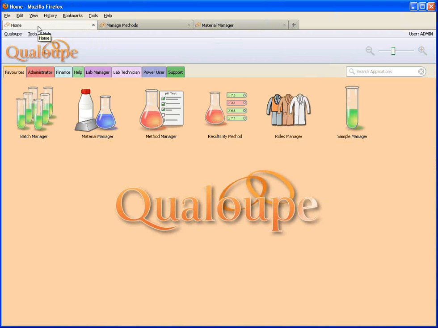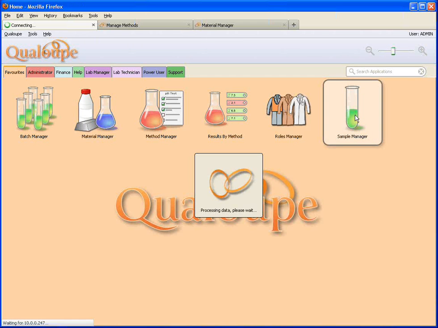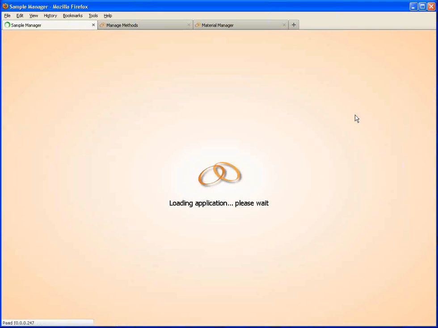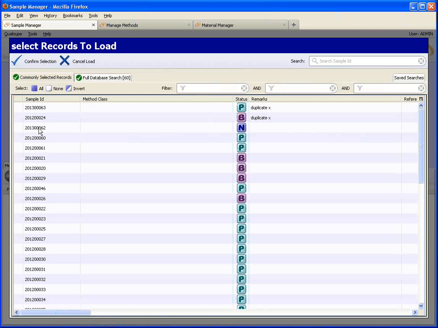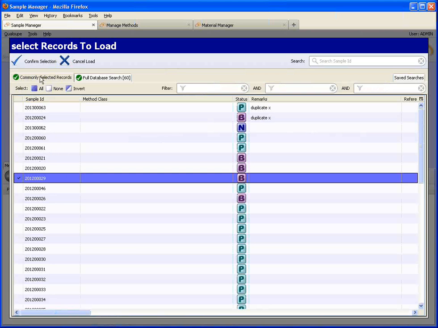So if I go to the home screen and click on Sample Manager, the duplicate functionality appears in various applications throughout the system, and I don't need to demonstrate it everywhere. You've got it in Instrument to duplicate instrument records. You've got it in Invoice if you wanted to raise an invoice that was a duplicate of another one. You can duplicate batches. If I load up some samples, oh, they've got duplicate written on them already. If I choose one of these samples,